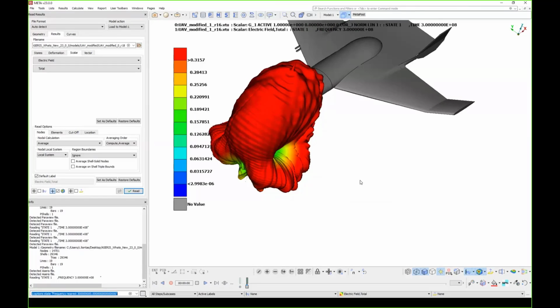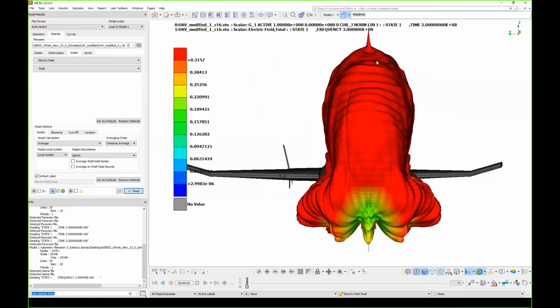And it's indicated in two ways. In a deformation way, so the distance of the surface from the center of the coordinate system indicates the strength of the radiation. So as you can see here, most of the radiation goes to the top and some goes to the sides. And also, it's indicated by the color. So the red is more, green and blue is less.